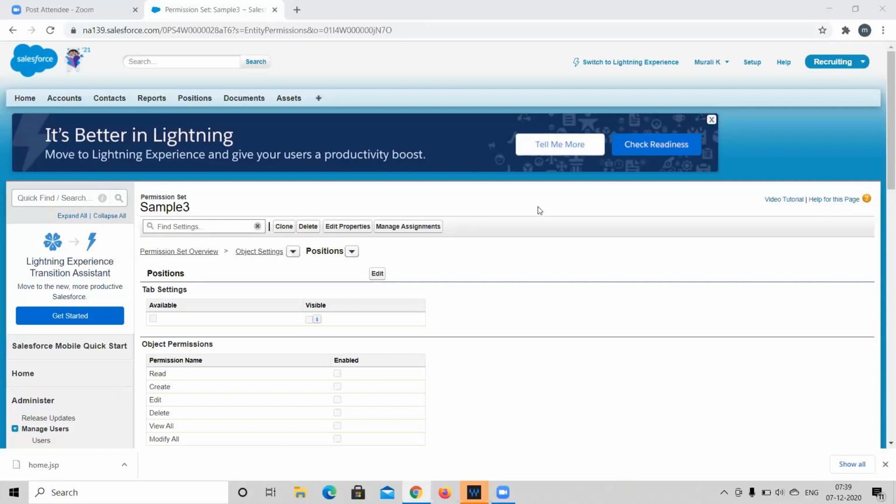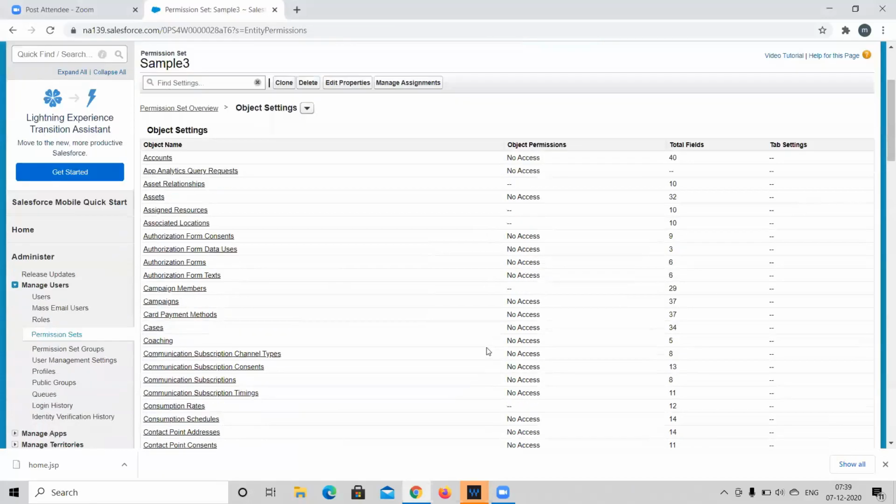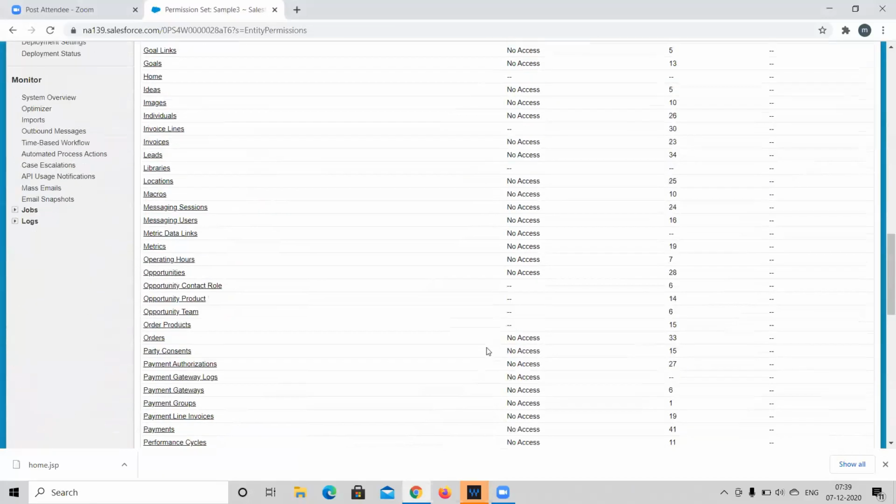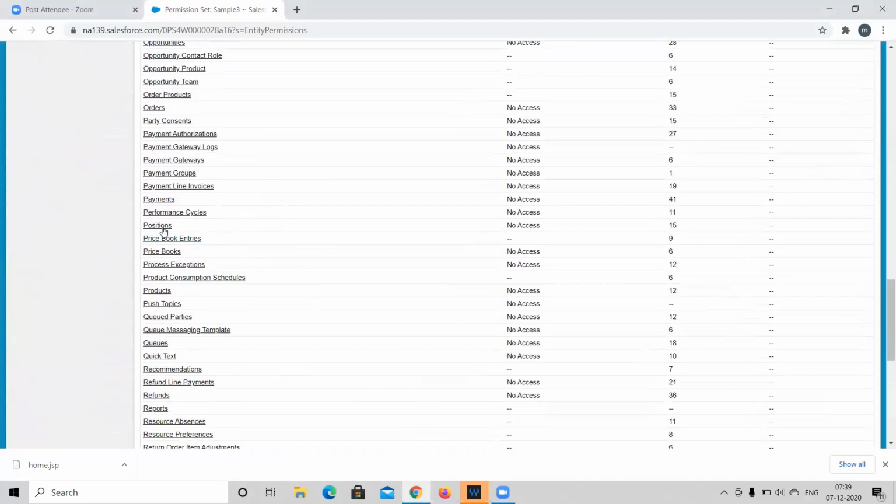Sorry, guys. If you want to give any extra access to any object, you have to go to the object settings, then click on the object on which you want to give the extra access. So here I'm selecting positions,